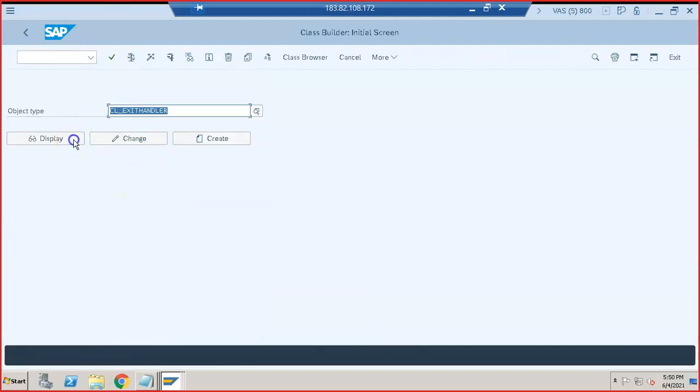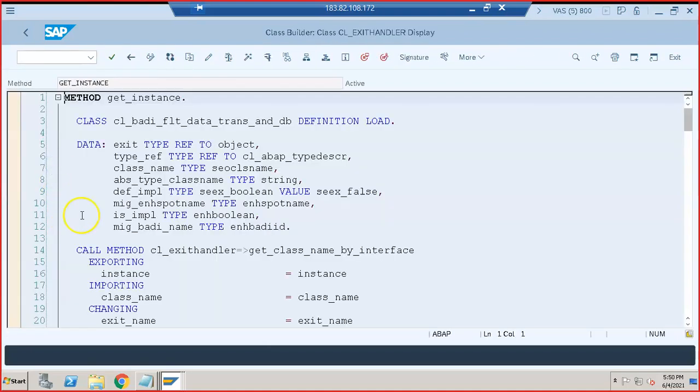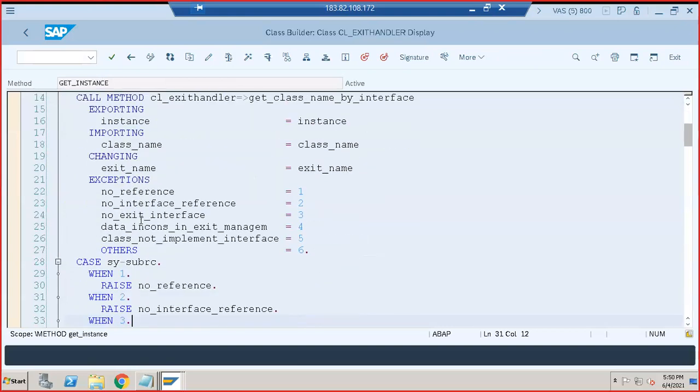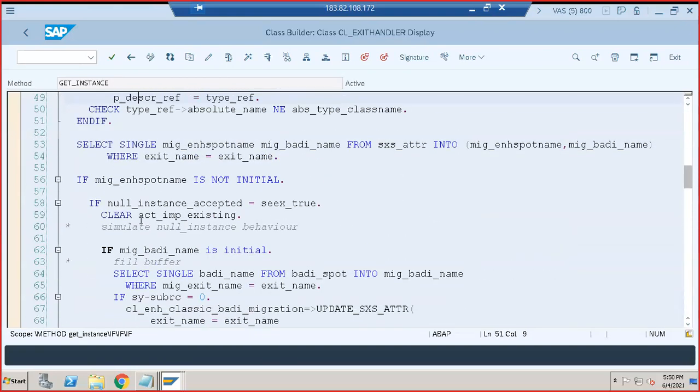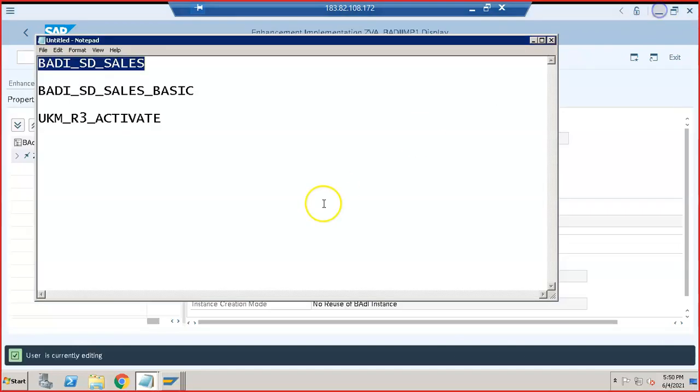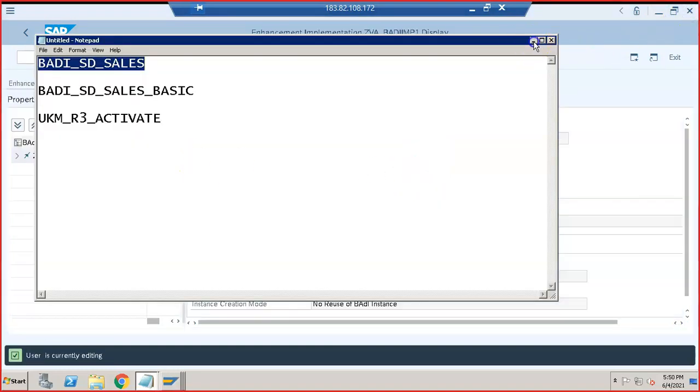SE24, CL_EXIT_HANDLER, GET_INSTANCE, and here, okay, that breakpoint got deleted. If it got deleted, it's good, because with this we can go ahead and see that BAdI.